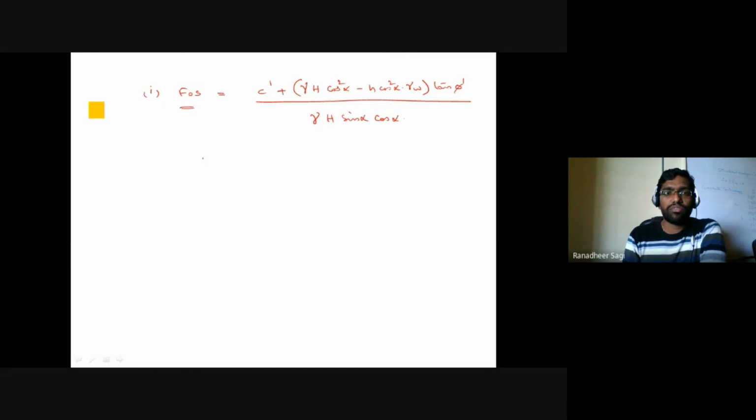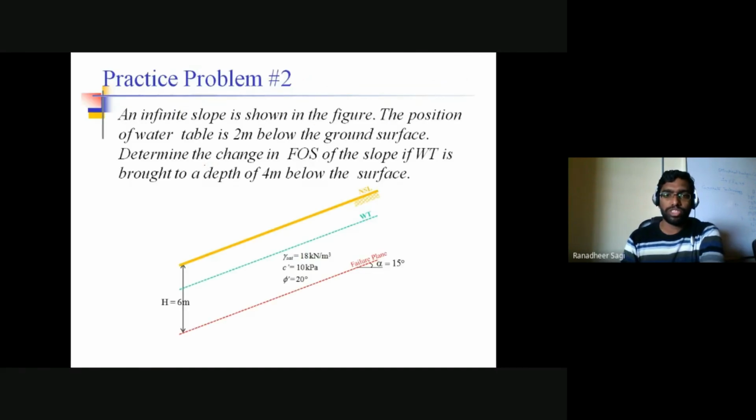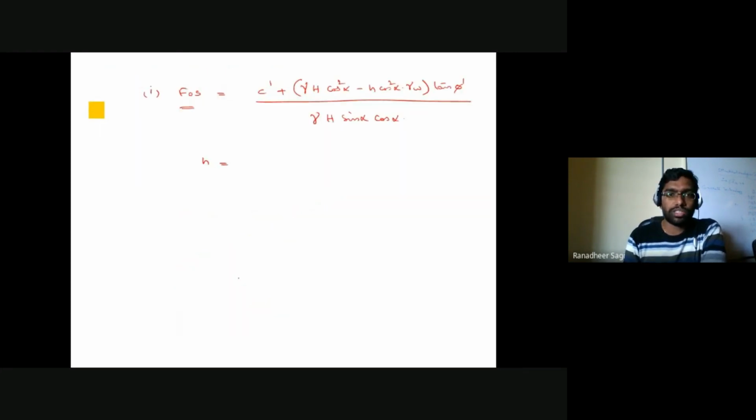So in case 1, what we know is that small h is equal to how much? In case 1, the small h value is how much? Because we are defining the position of the water table in our previous expressions. If you can recall, the small h value was defined from the failure surface. So from the failure surface, where is the position of your water table? That is what we call your small h. In condition 1, what is the value of small h? 4 meters. So small h is 4 meters in case 1.